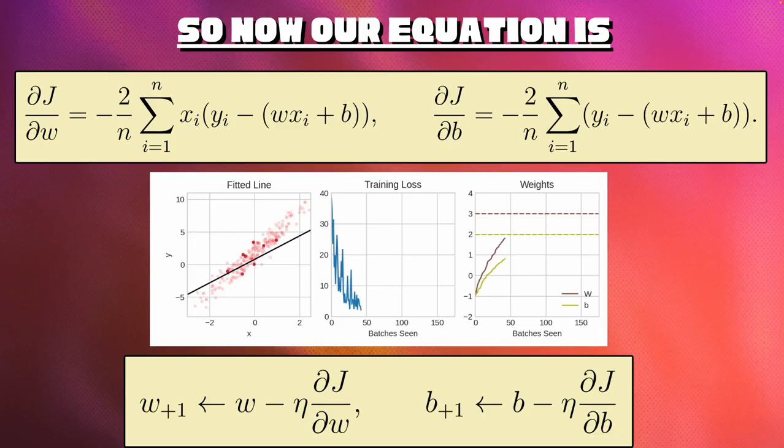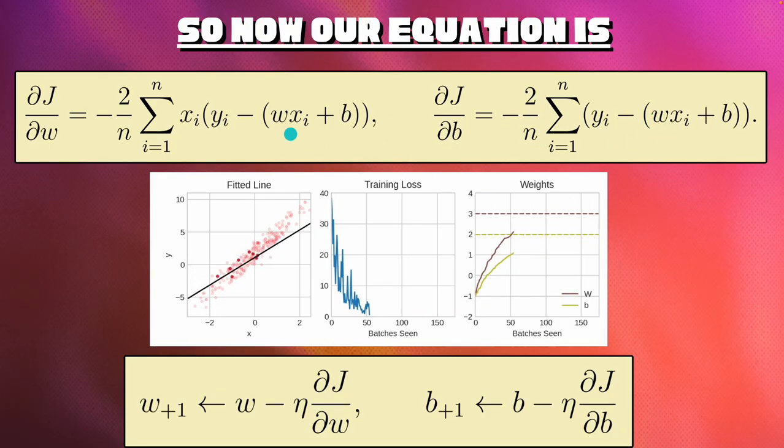Okay, I promise I'll explain it. This first equation right here, all we did was take the derivative. This is a partial derivative with respect to W. This will tell the model how J will change with respect to W. Like if you shift around W, what will happen to J? Will the loss function get higher? Will it get lower? And this is the exact same equation, just with respect to B.